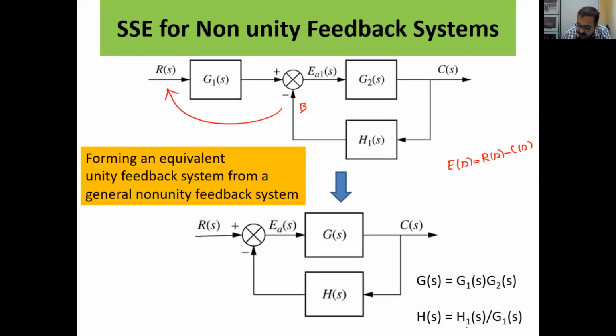This becomes different. H of s will be different, right? It is not H of s anymore. Then what it is? It will be H1 of s divided by G1 of s. Okay, when you shift this summing point to this side of the block, this becomes H1 of s divided by G1 of s, right? So I am representing that with the transfer function H of s here, right? Now what next? So this is now at this point, that means G1 and G2 are in cascade. So this is my transfer function G of s, right? What is my H of s? H of s is nothing but H1 of s divided by G1 of s, because you are shifting this summing point to this side of the block, right?